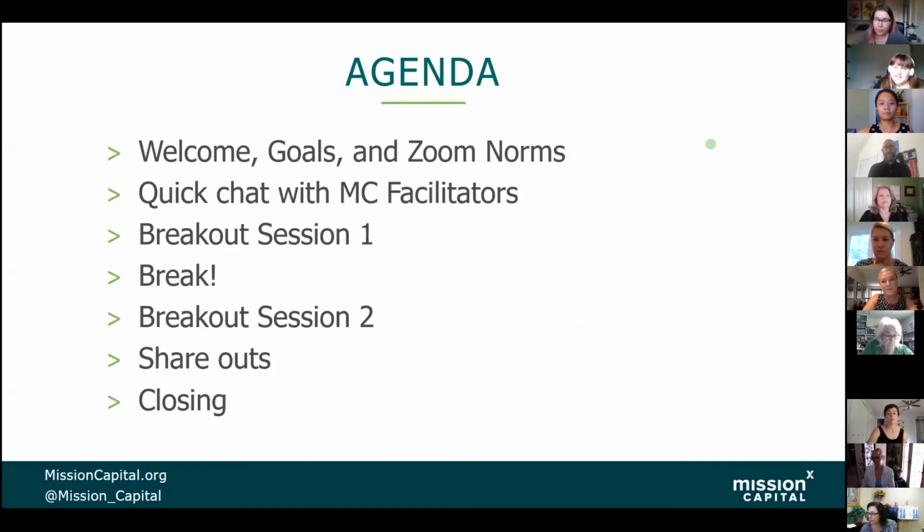Then we'll come back into our second breakout session, and we'll talk about brainstorming ideas and resources and things like that. We'll have a share out from that session where we'll talk about some of the discoveries that we've had, and then we'll close and discuss next steps, give you a chance to give feedback, and set our sights on what we can do to support you in the future.